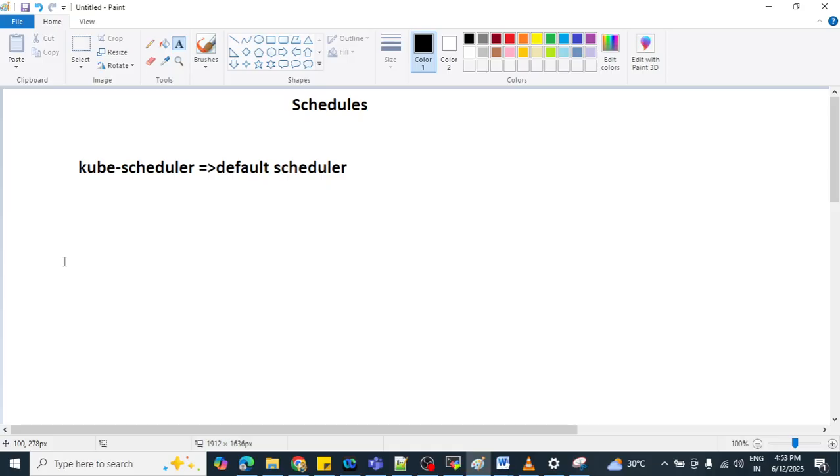These things we need to understand, and we will discuss everything here. But suppose we have one pod and we want to schedule it inside a suitable node. The question is, on which basis are we going to schedule our pod to that node?